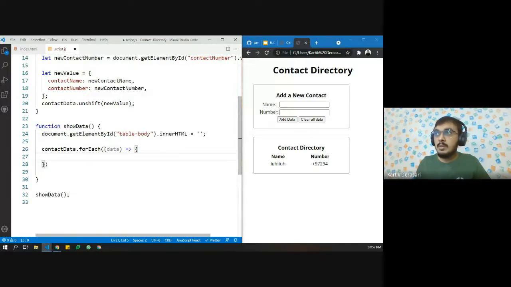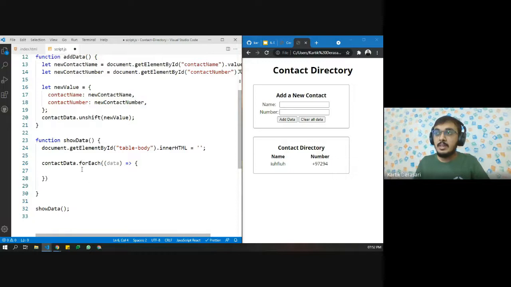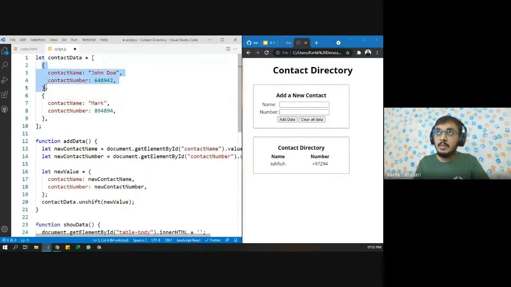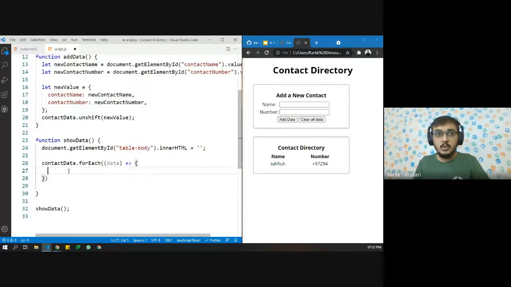If you remember, we have the arrow function concept. We learned about that yesterday. So here I have created an anonymous arrow function. We don't need to define any names if we do not want that. So we are passing data. What is data? Data is this one single object. And every time this runs over the array, we are going to have one single object each and every time. So let us see how we can show this.